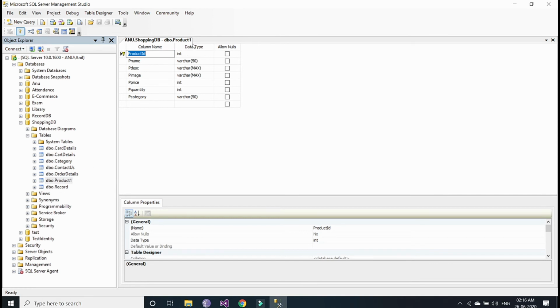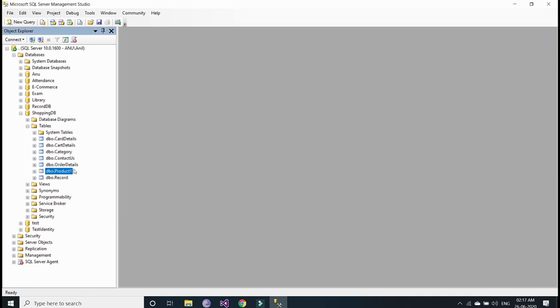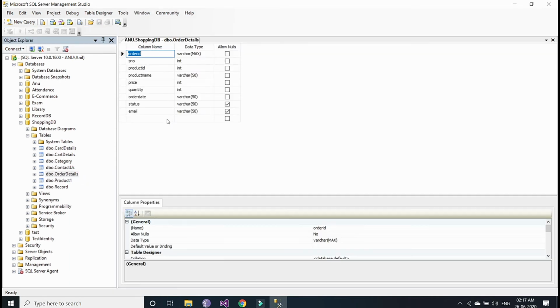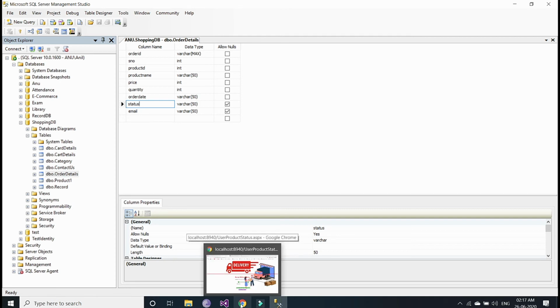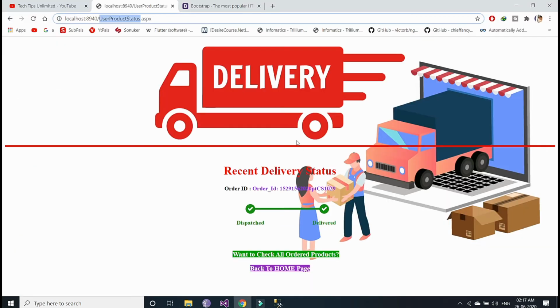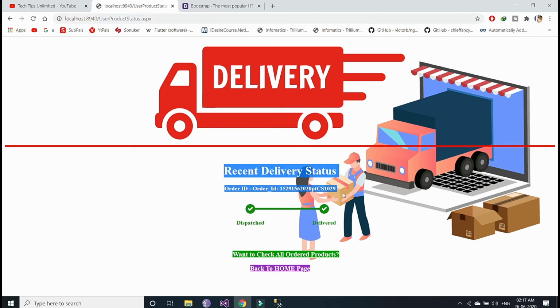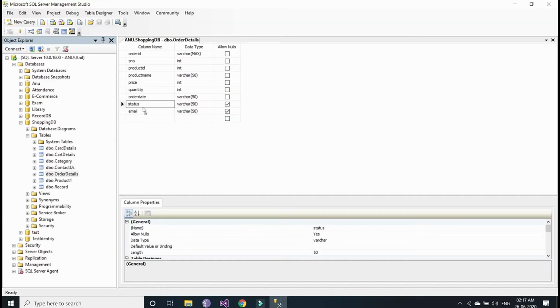Sorry, not in the product table, it's in order details. You can see here the last column is email. Previously it was till status, but I have made some further changes inside our project for checking the delivery of a user's product.